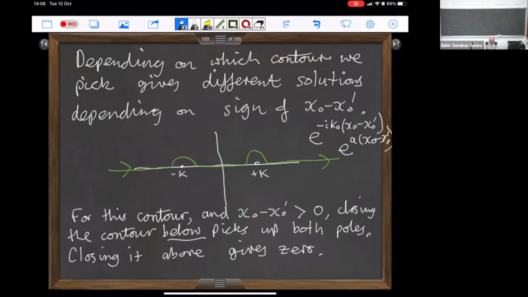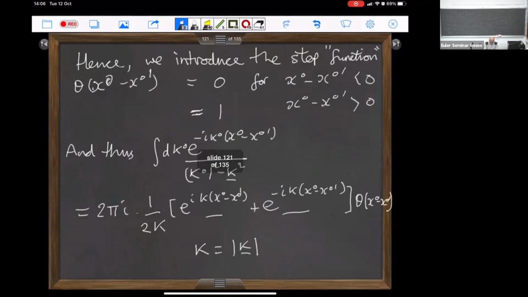So this was the example. This contour was the one that gives you what's called the retarded propagator,